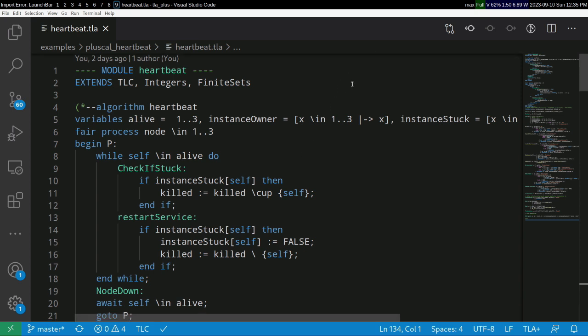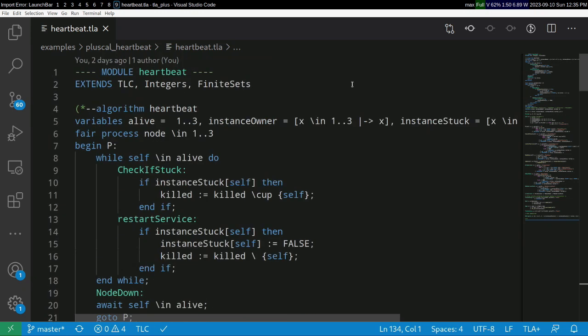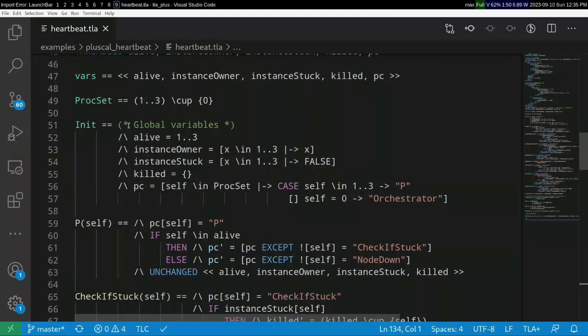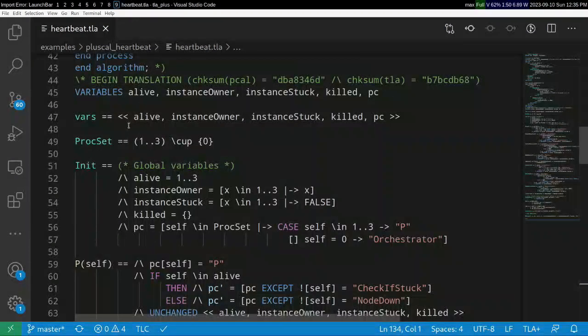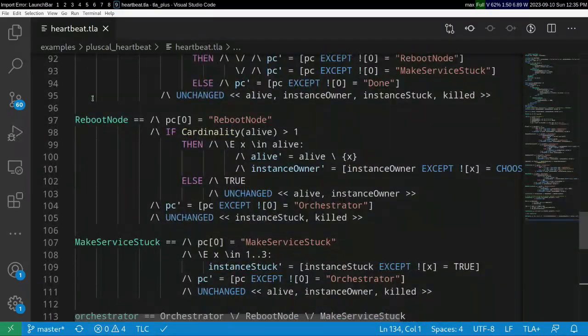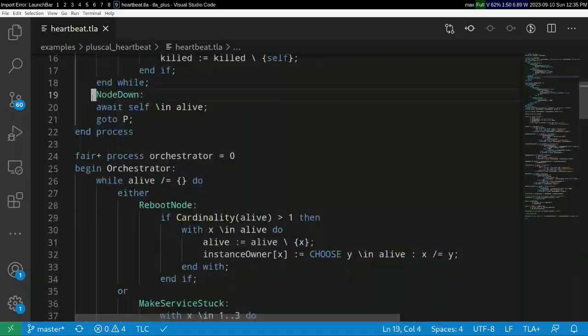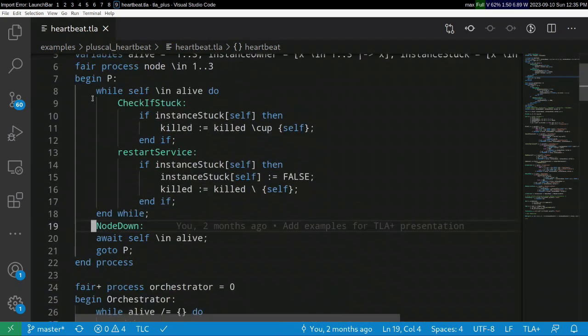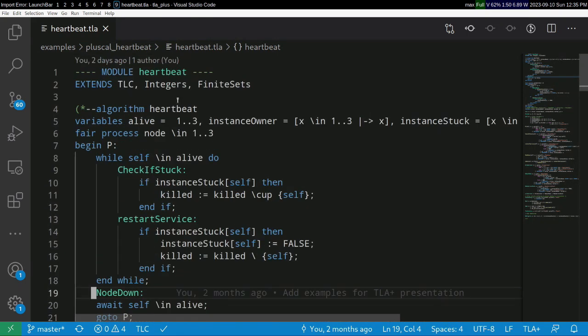So, in order to specify our system, we will write a PlusCal specification, and this is actually translated into TLA plus code. This one we don't write, so you can see how complicated it is. But this one is actually simple. So here